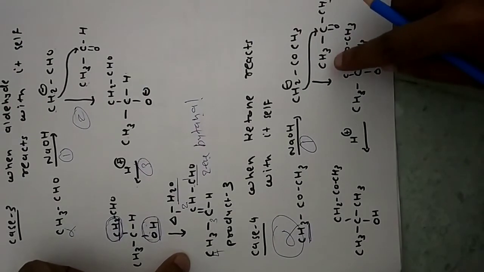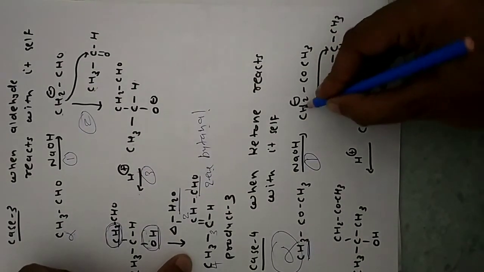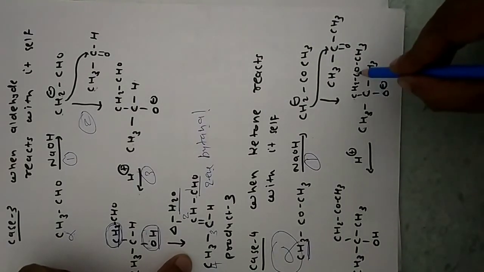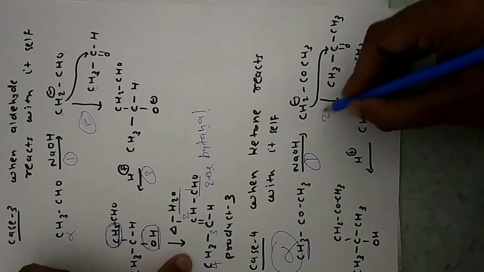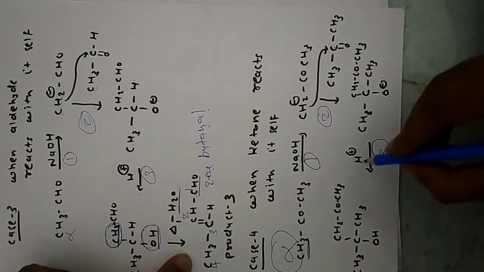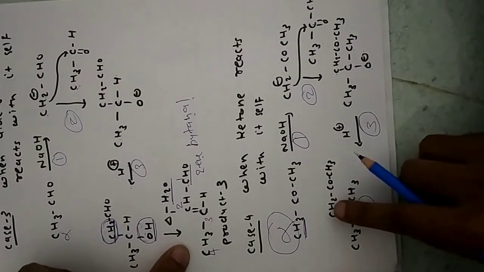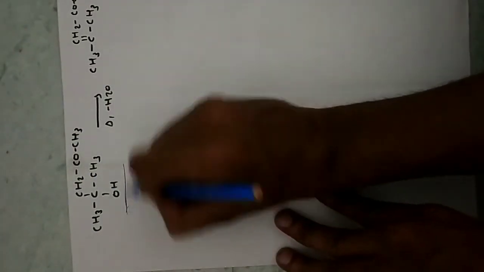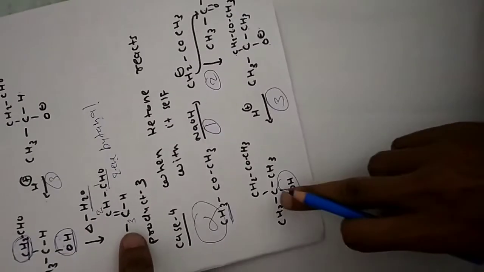Then CH3COCH3, second molecule of ketone comes. This negative ion will attack on carbonyl carbon. So you can say CH3C, CH2COCH3, CH3O negative ion. Then next step, this one is the second step. Third step, add hydrogen, making OH here. You can see here CH3C, CH3OH, CH2COCH3. Now next step, this one is same structure as shown in previous reaction. You can see this structure I have drawn here.